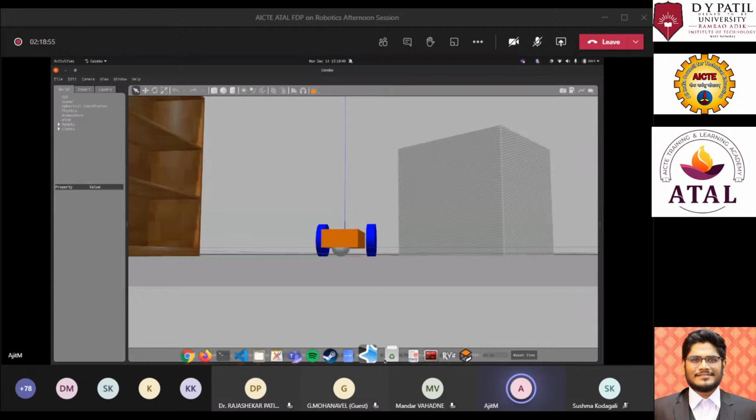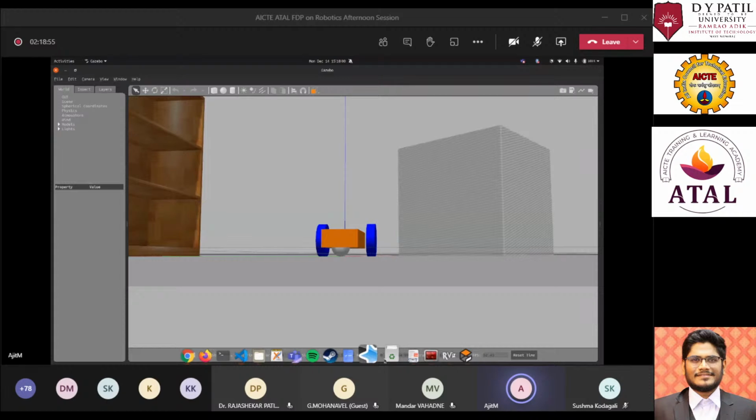So now there are three types of geometry which we have come across. One is sphere, the second is cylinder, and the third is box. These are the three basic types of geometries provided in gazebo while developing any kind of link. And using a combination of these different geometries, you have to come up with your robot model. In the left wheel, if you take a wheel and rotate it, you will understand that it's a cylinder, right?